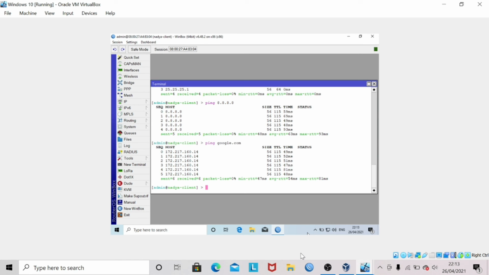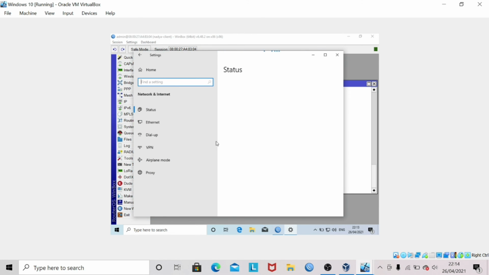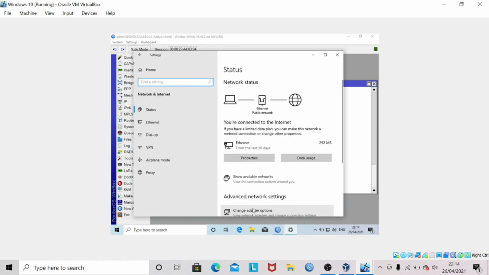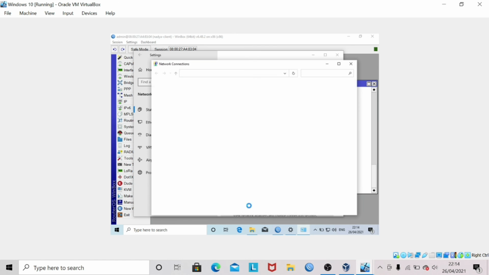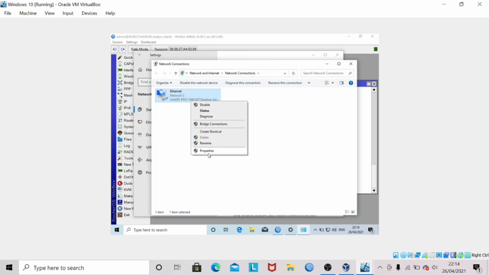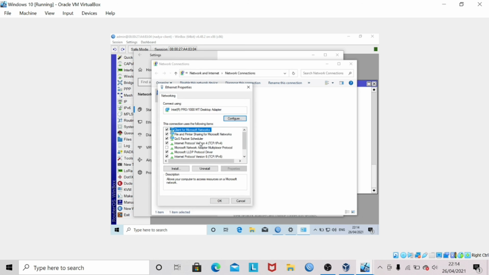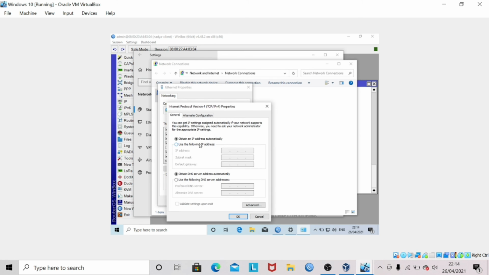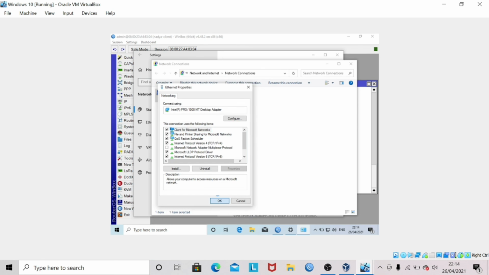Next, make a DHCP client request via the client laptop. Open network, click properties, choose IPv4. Here, choose obtain an IP address automatically. Click OK.